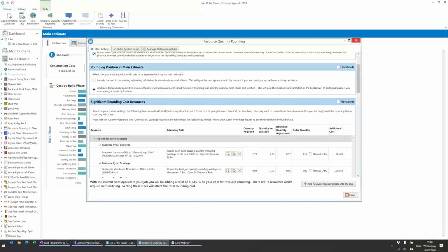all these, lost my mouse. All these calculators here into any of the worksheets in it, and it will add a load of sundry items in so that it can add small quantities here and there to make up the numbers. So if you're doing a quote by estimating calculator, that would be the best way to do it, because the